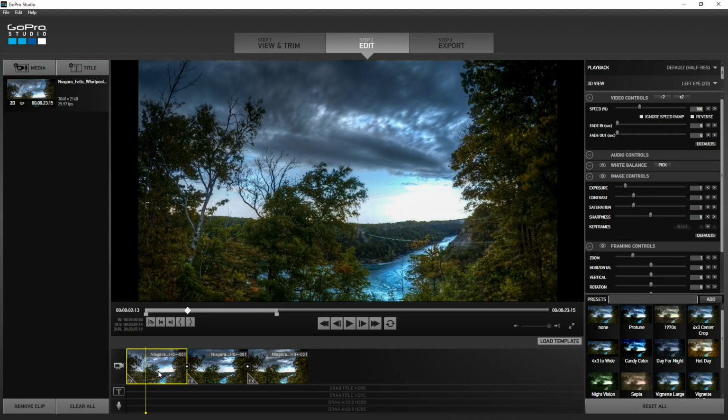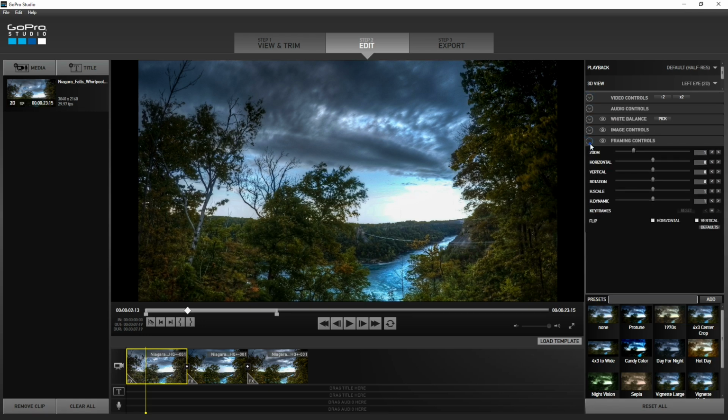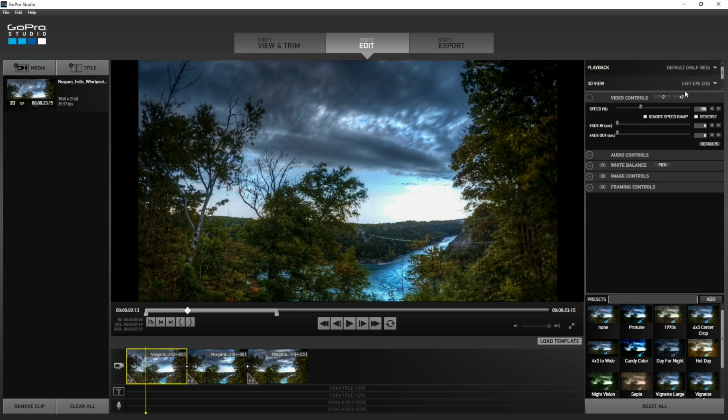Now this first clip, we're going to highlight it, and now we're going to speed this up. So if we go over here to the left hand side under video controls, I'll just close mine because that might be how yours is. We just click this little down arrow and that brings up our video controls. And the first thing we're going to do is the speed. By default it's at 100%. That's the speed that it is being played at. So let's speed that up to about